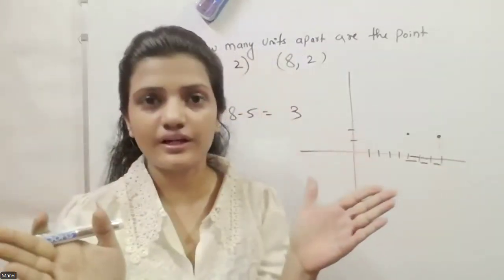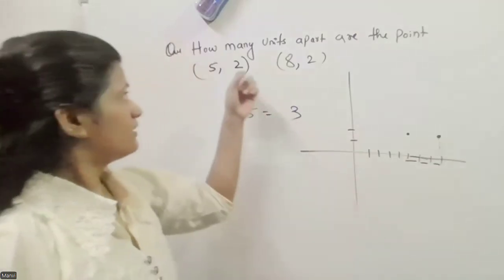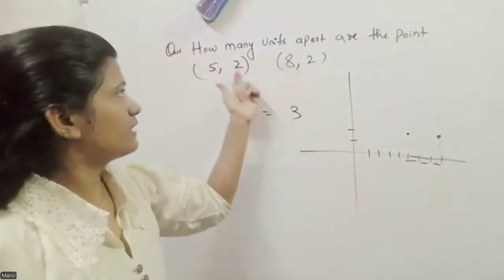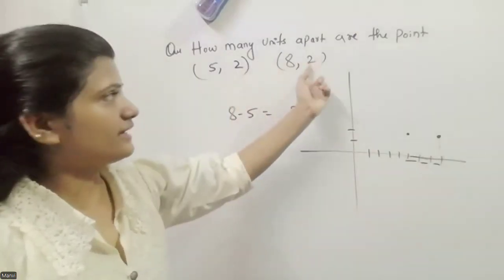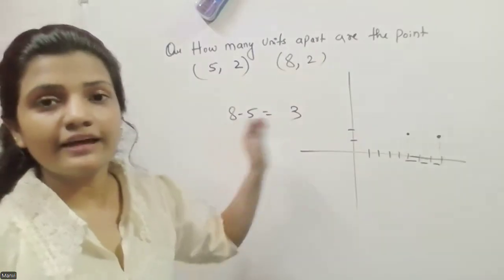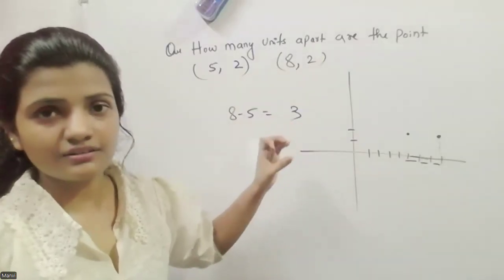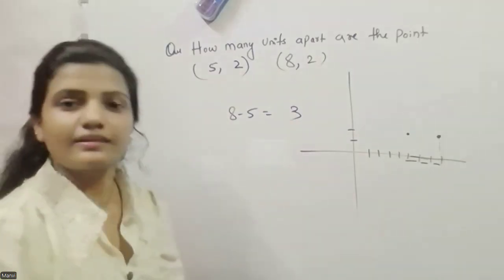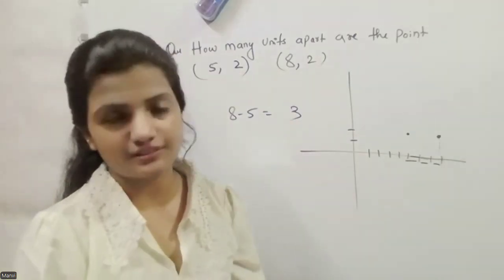3 units, right? So if you see that, you can easily see that the value of y stays the same. Here this is 2 and that one is also 2. We just change the value of x, right? So just subtract that value. So is it 3? Yeah, so the answer will be 3 units.